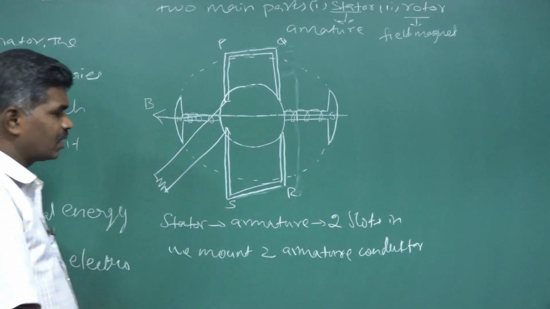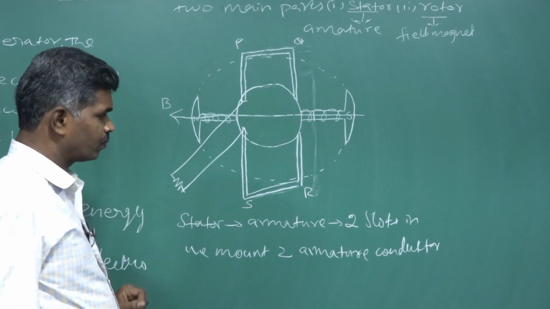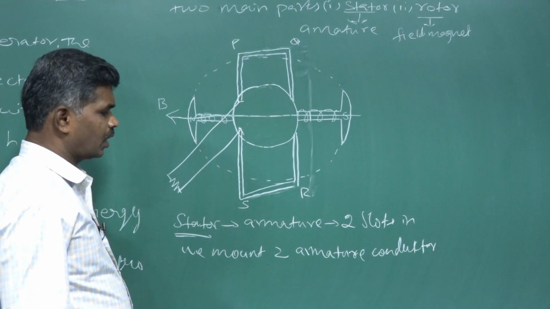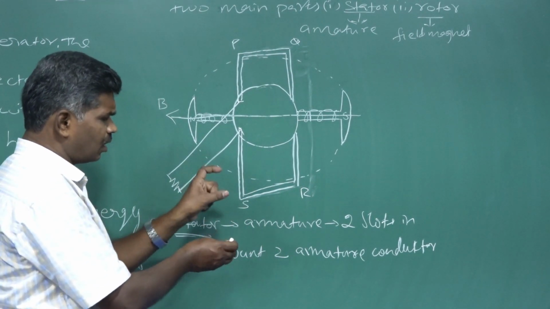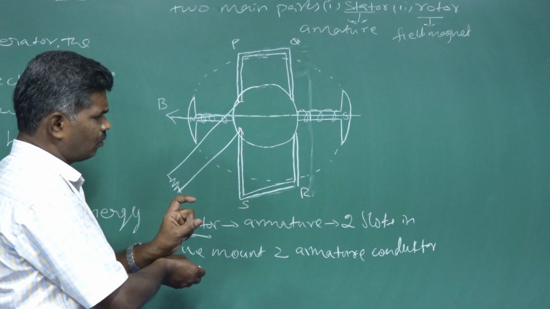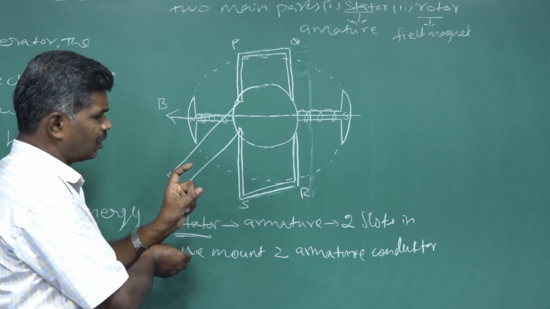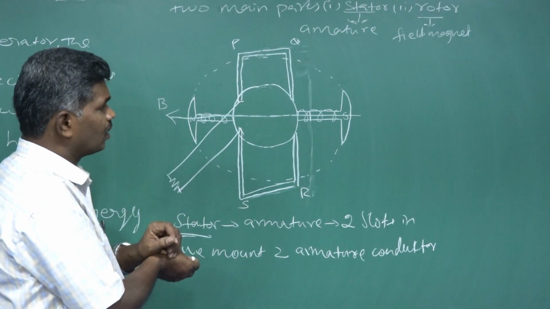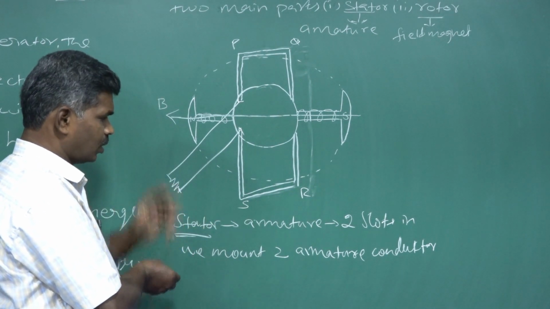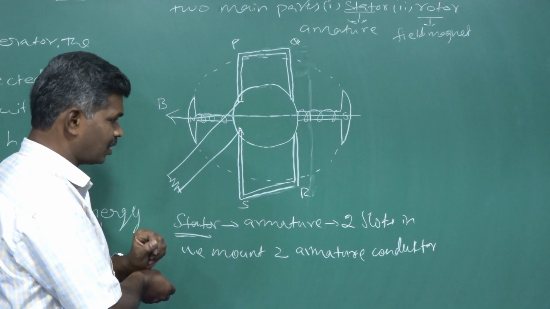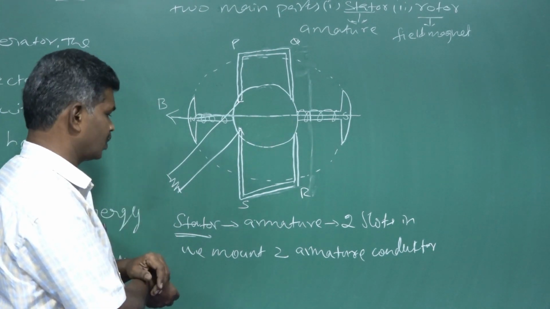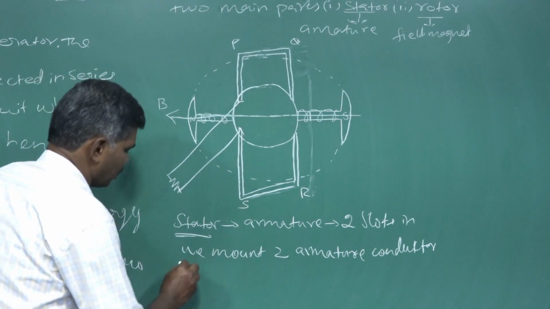The two are connected in series to form a single loop. That is the stator part. Whenever the magnet is rotated inside the armature, the magnetic flux linked with that armature changes. Due to that change in magnetic flux, EMF is developed across the external circuit, that is the resistor. So another part is the rotor.